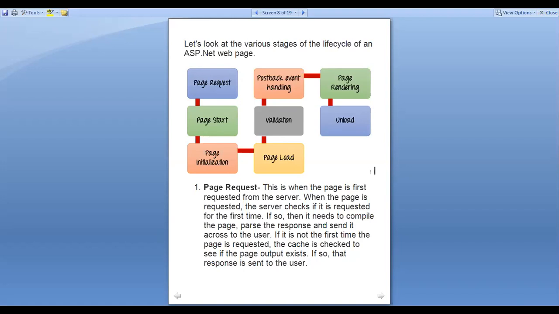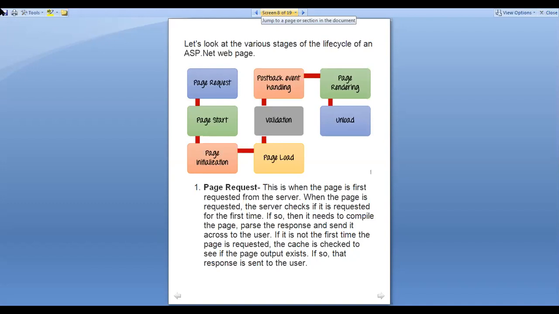So page request, first we have to start with that stage. What is page request? This is when the page is first requested from the server. I can say when I click on that register hyperlink or login hyperlink, at that time the page will be requested for the first time.